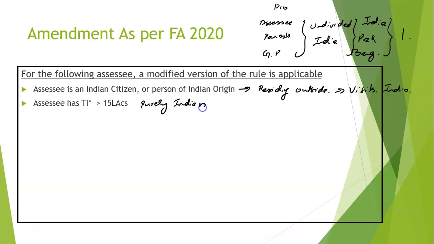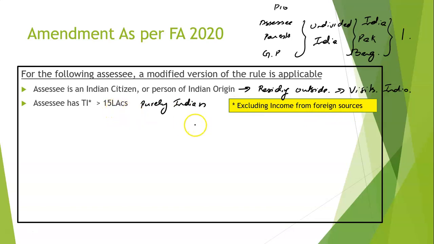Say this assessee has a total income of 50 lakhs. Out of 50 lakhs, say 30 lakhs is income that he earns from the United States. Fine. But the other 20 lakhs is purely Indian. He earns 20 lakhs of income from India. That is, his total income from India exceeds 15 lakhs. So the special total income is nothing but the total income excluding income from foreign sources. So if an assessee's total income excluding foreign income exceeds 15 lakhs, that is, the assessee's Indian income exceeds